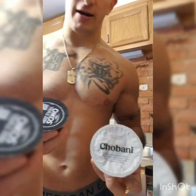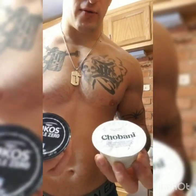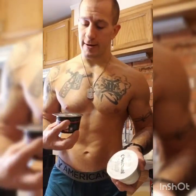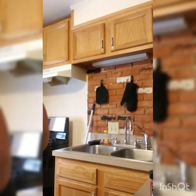This is actually Chobani. This is the Oikos. What I was saying is this is plain. So the Chobani plain is the same thing as the Oikos plain. I just go with whatever's on sale. This is actually flavored. So this one has, I believe, 14 grams of carbs, and this has 6 because there's no flavor in it. So I eat one of these with a quarter teaspoon of